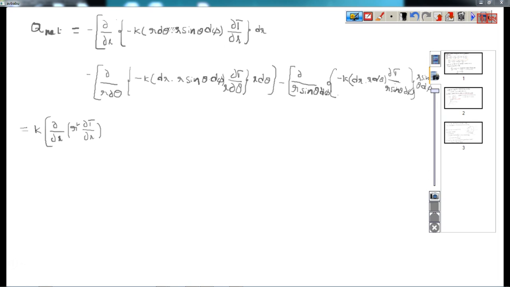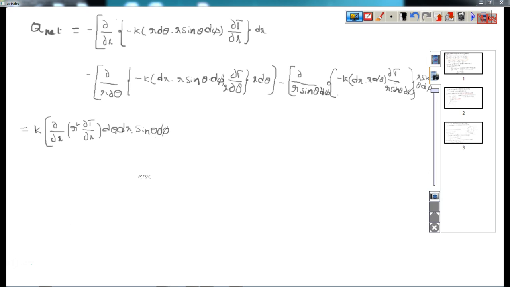So I take d theta, sin theta and dr. See, you can see here, r I have taken out, so d theta remains, dr I kept as it is, and sin theta d phi. Now